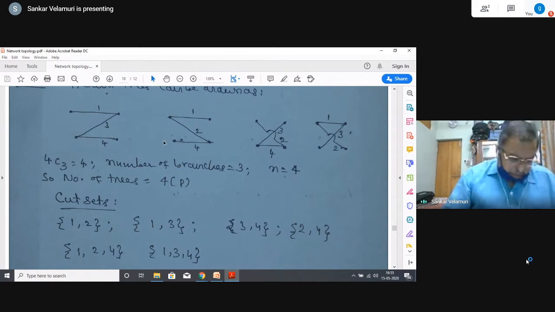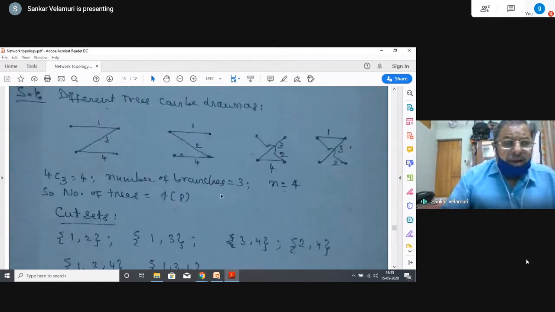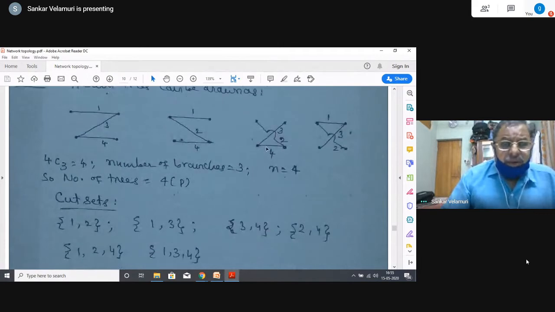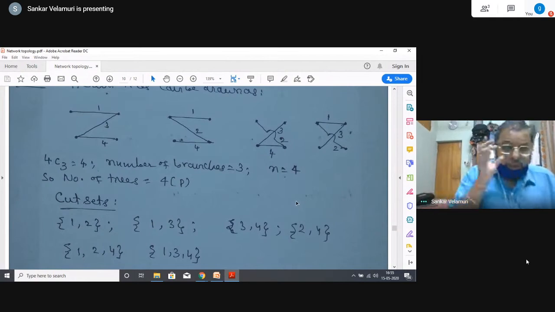Similarly 2, 3 has not been shown here, although there are 6 possible combinations. By cutting off 2, 3, 4 is still present and 1 is also present. So they don't lead to cut sets. Therefore,